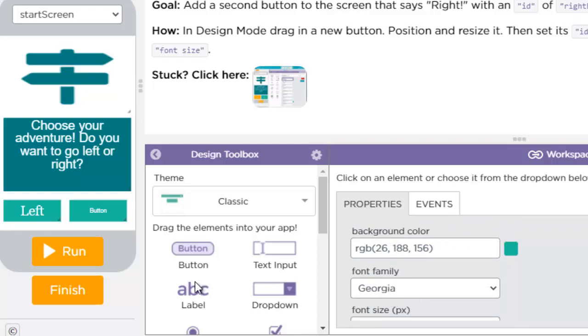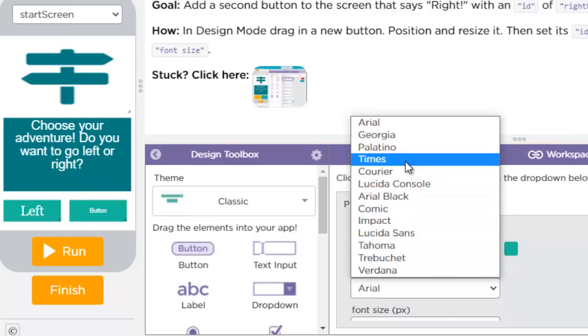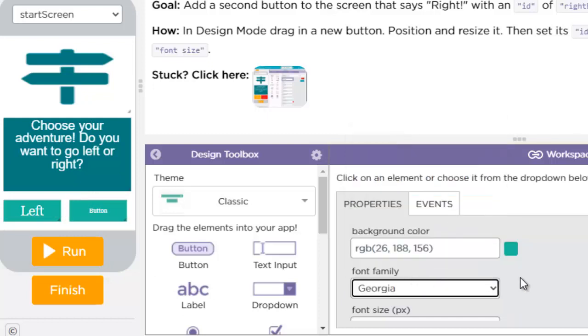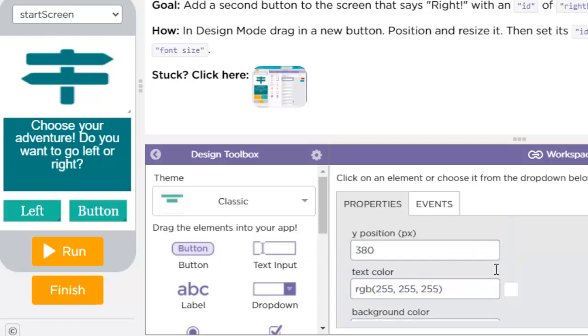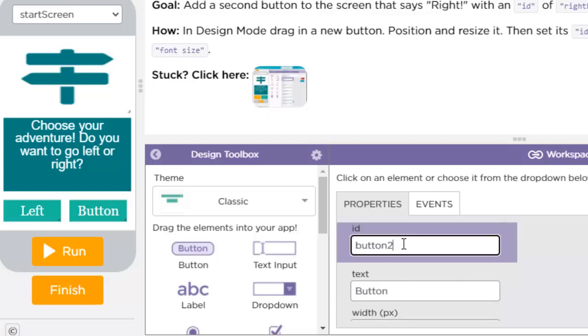Font family is Georgia, so click here. Let me change its font family. Done. Okay, now what is the font size? Click here. It's 32. Just click here and type 32 over here. Enter. Okay, now let me change its text. So what is it? Right button is written there. Right button. Okay, and then